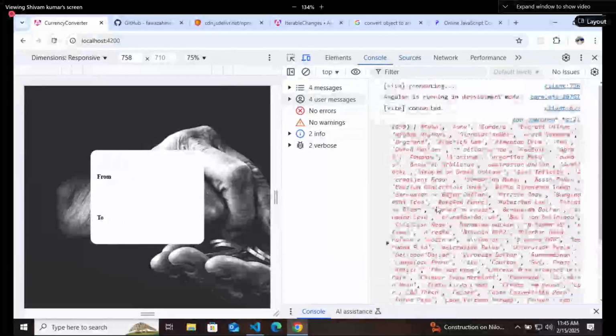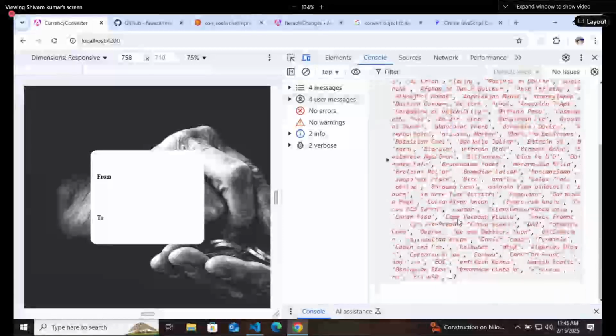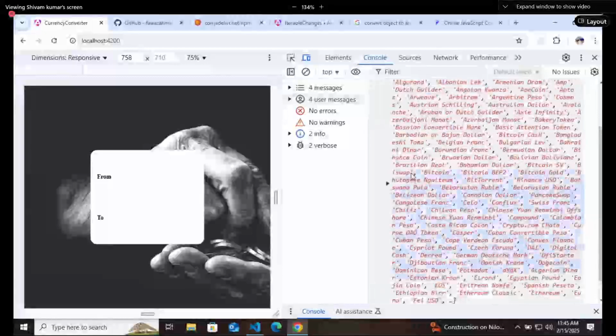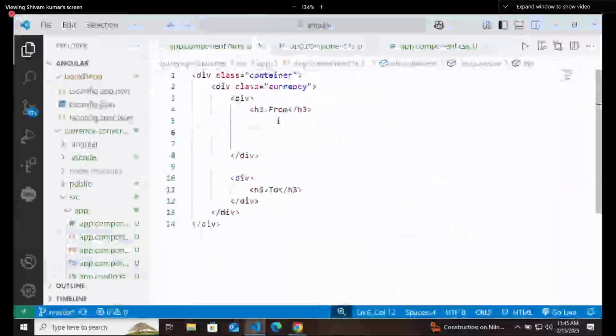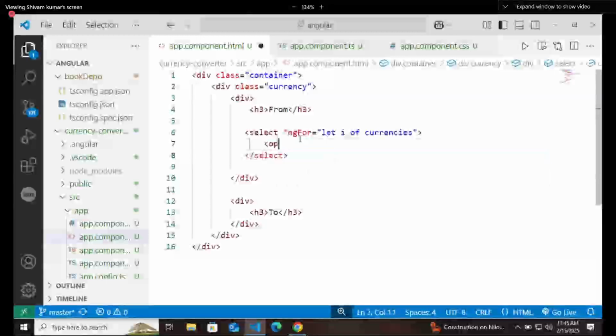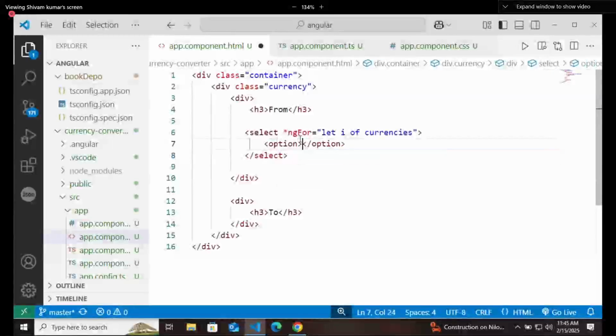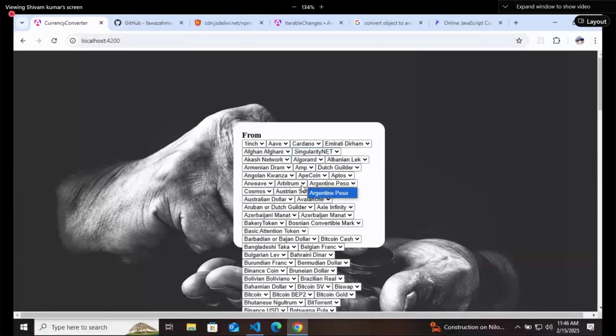And you will see all the currencies are getting printed with their name. Now you got an array. Again we will try to render them, using string interpolation with I. You got all the currencies, but they are coming as separate options.